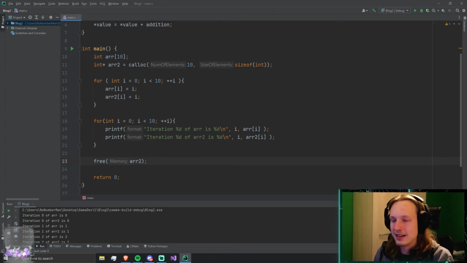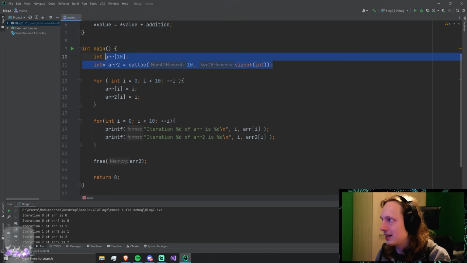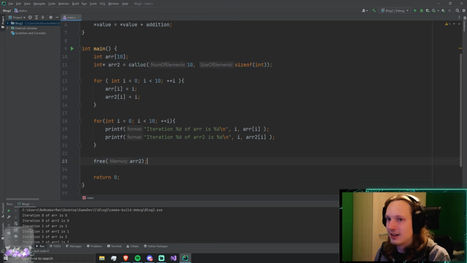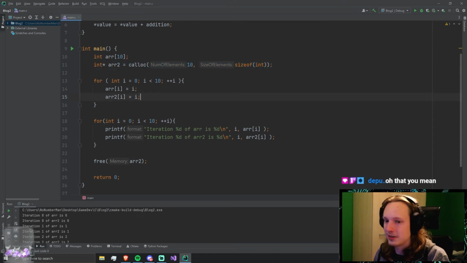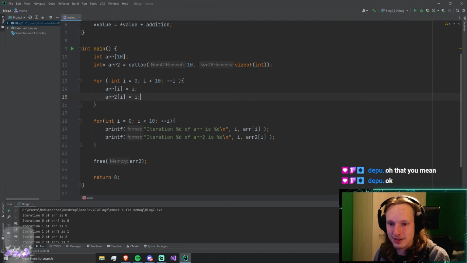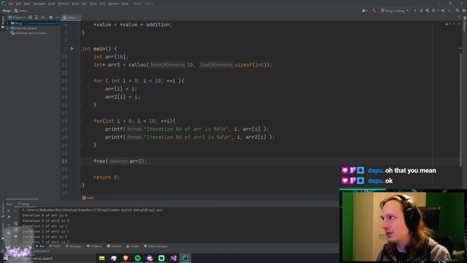Like in a game loop, or in some sort of mathematical application where it's millions of iterations just to go through one matrix. If you allocate memory like this a million times, you're going to run into some memory issues. So you should teach yourself how to do this properly.